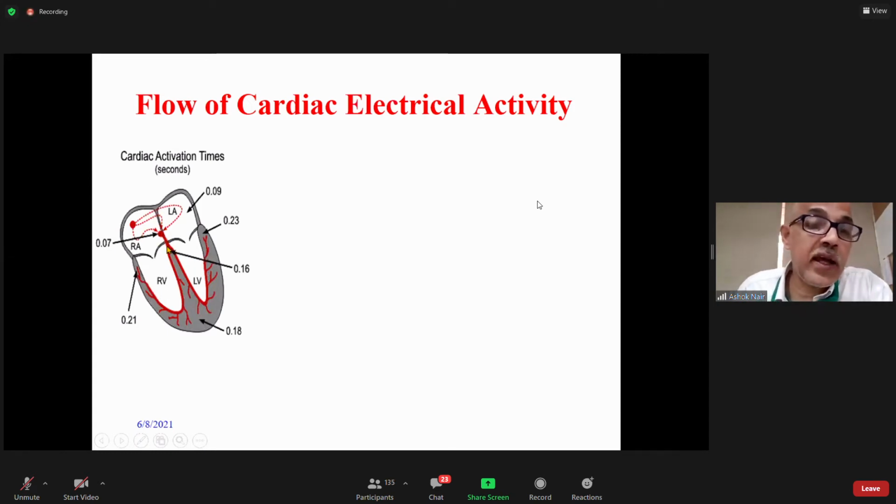If there is no delay here, the impulse will rapidly be conducted to the ventricles and the ventricles will go into contraction. When the ventricle contracts, this valve will close. So ventricular filling will not be complete, and contraction will not be effective. So the delay allows the atrial contraction to be complete for proper filling of the ventricles.